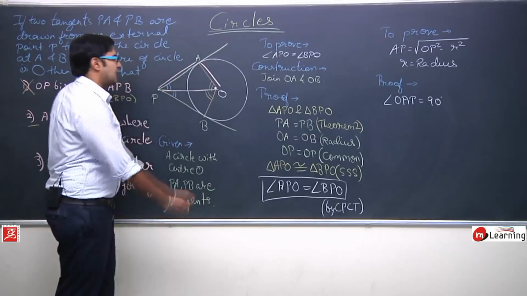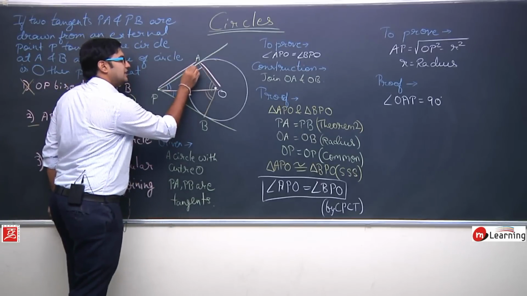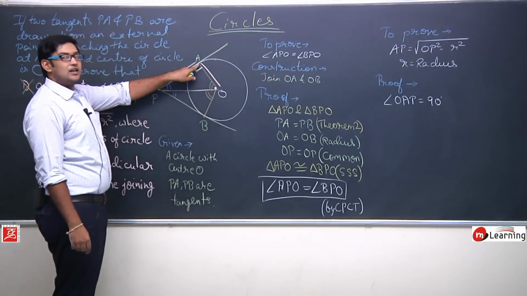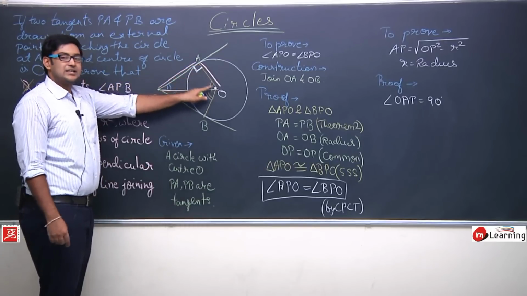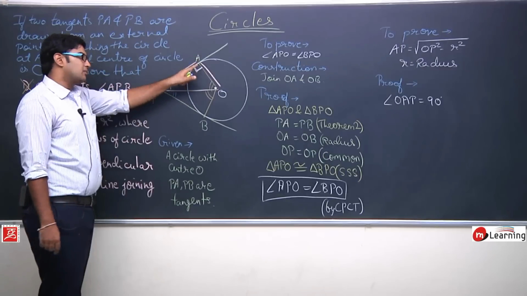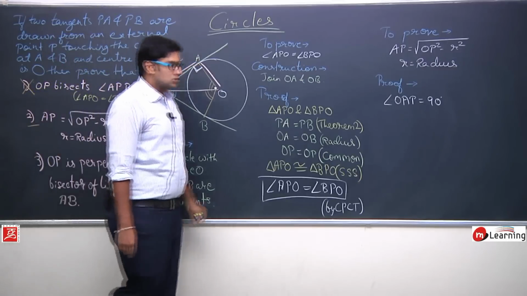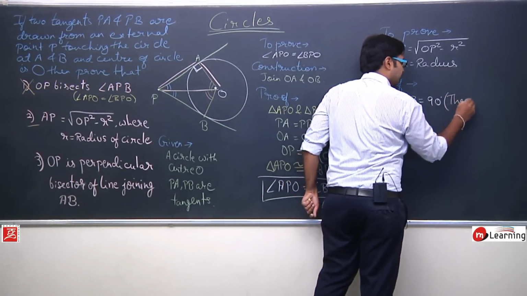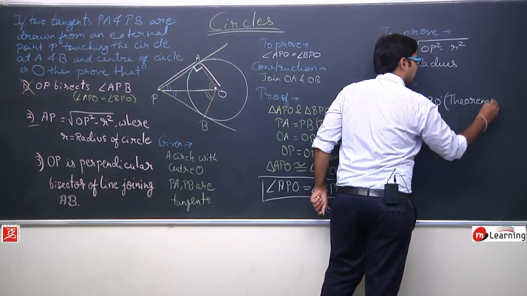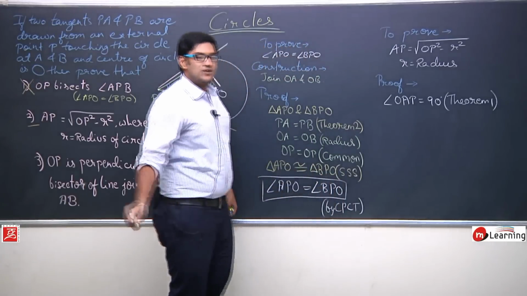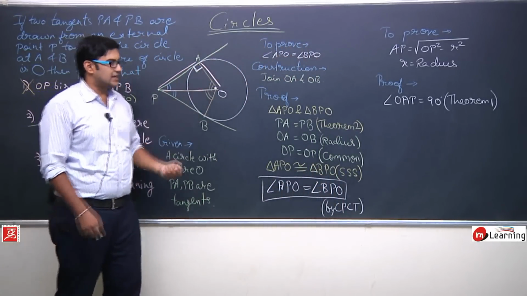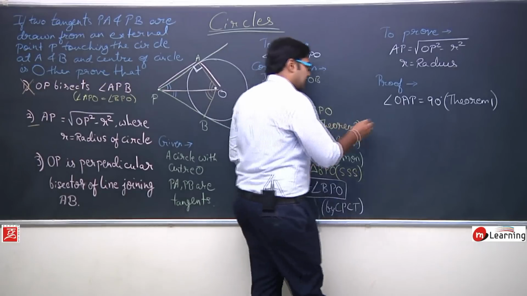Now observe, why I have written that this angle is 90 degrees. This angle is 90 degrees because it is the angle formed by the radius and the tangent at the point of contact. So this angle is 90 degrees by theorem 1. फर्स्ट थ्योरम से हमने कहा कि ये एंगल 90 डिग्री है. If this angle is 90 degrees, then triangle